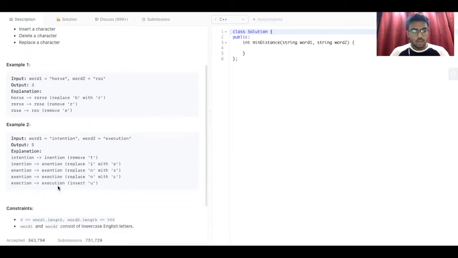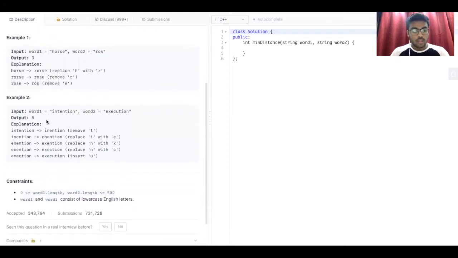Okay. So similarly in this example, word one is intention, word two is execution. So when we try to convert word one to word two, for intention, we remove the T. So it becomes inention.